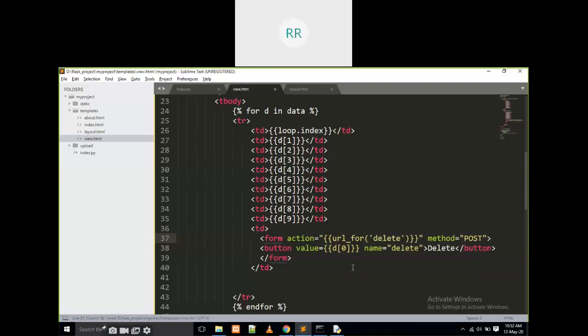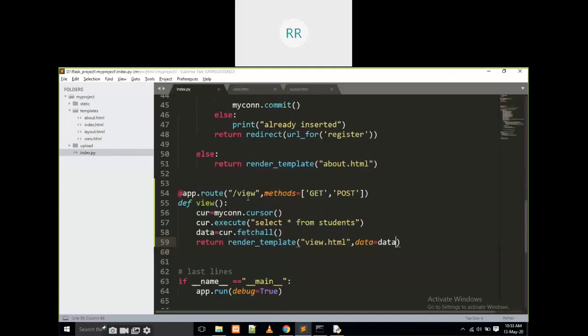That means I have to work on delete. What we have to do next? We have to work on the delete method in the index.py. We have to move to index.py here.